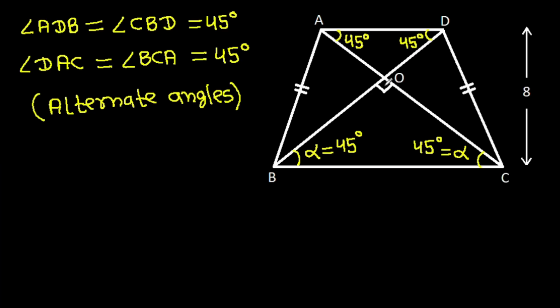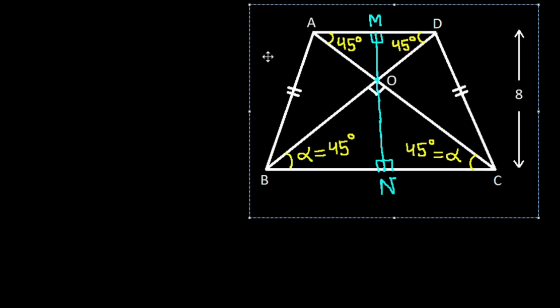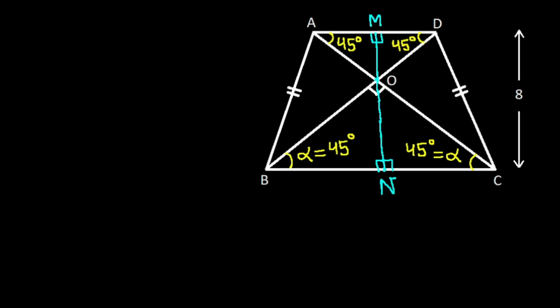And from point O, if we make a perpendicular on AD, suppose this point is M, and if we make a perpendicular on BC, suppose this point is N, then in triangle AOM,